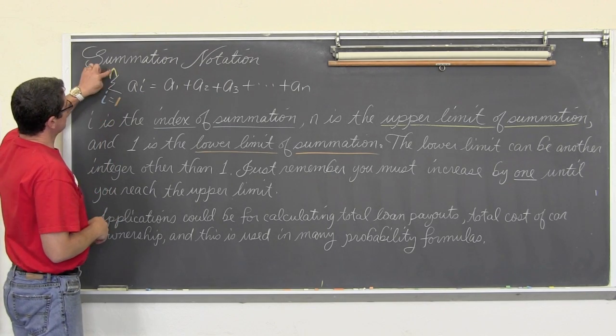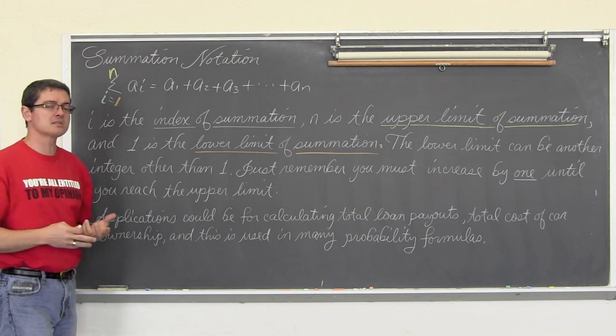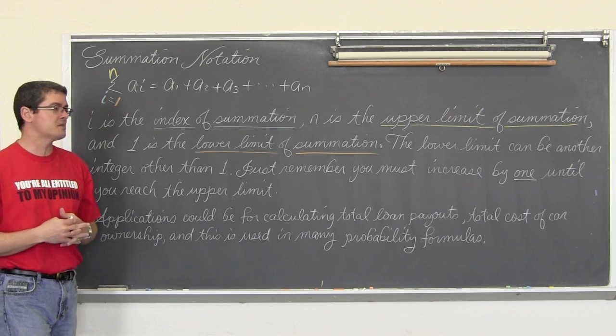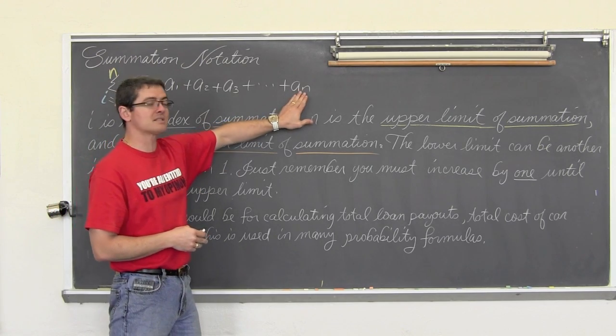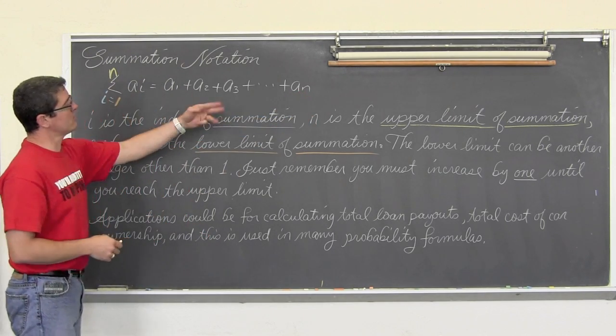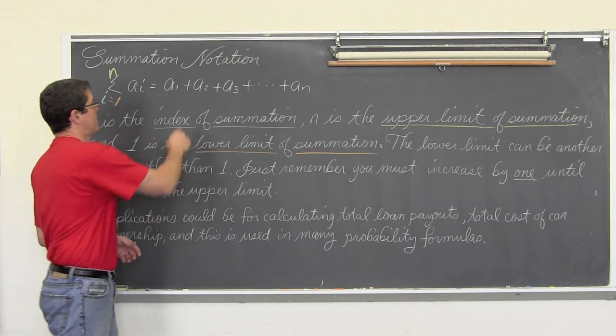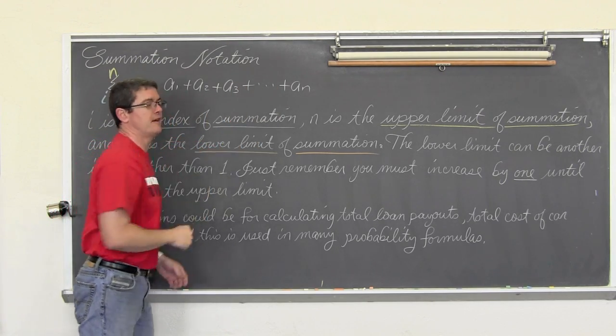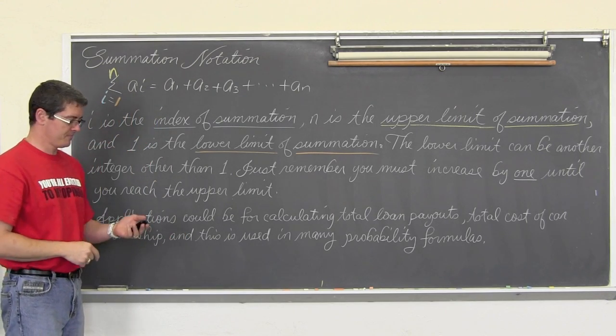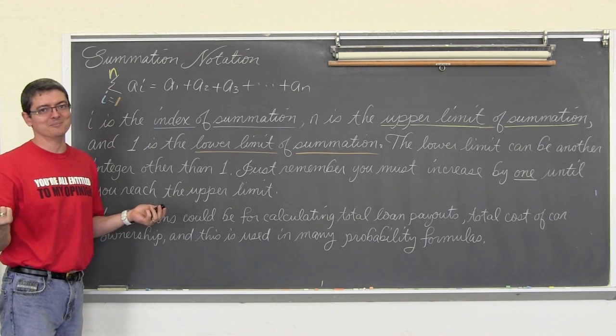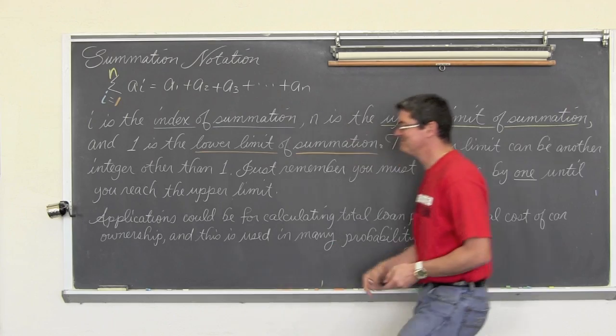So you could have an infinity symbol up here, but most of the time you're dealing with finite sequences, so there'll be an actual last number in the sequence. Then the summation symbol comes in, and you're going to take all of those terms that you found and add them up and find the sum. So let's get to some examples.